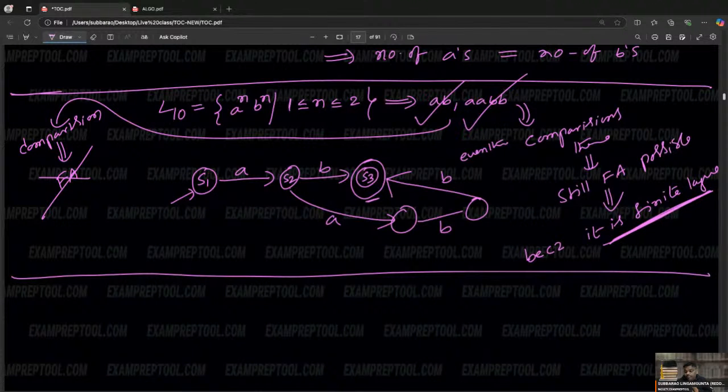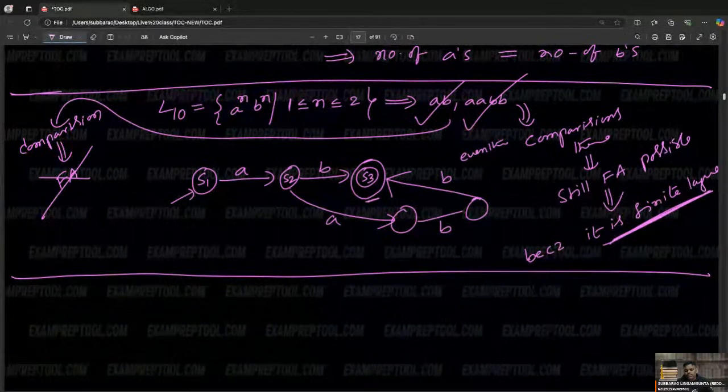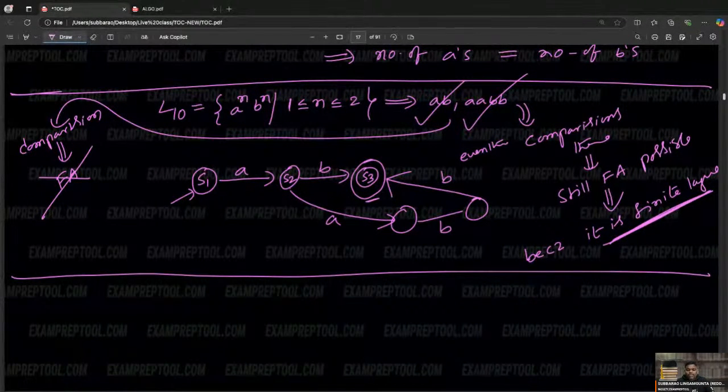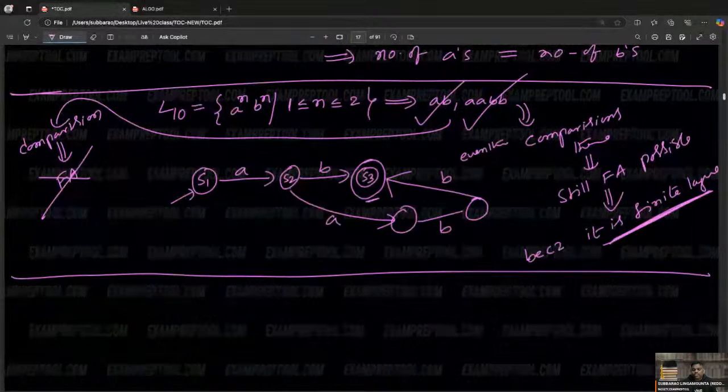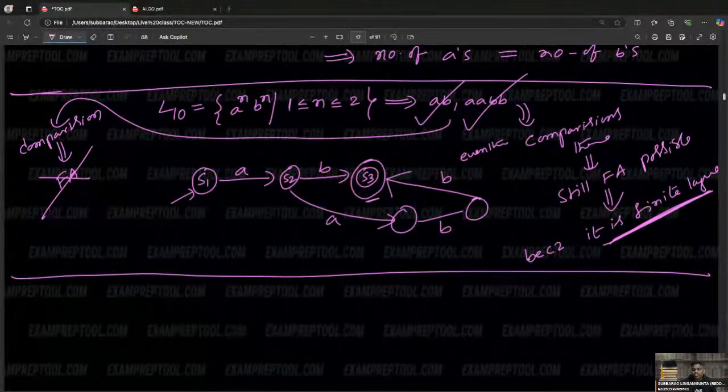So I'm again reiterating: you may not get everything. Try to get as much as possible in the first two classes. The purpose of the last class and this class is understanding the introduction of automata. The first question people are asking is, sir, why these many automata? You only say, why so many machines? Calculator is there, why computer?